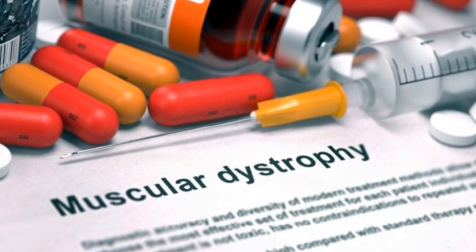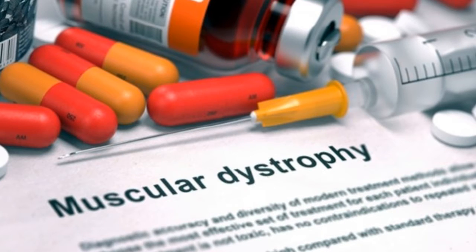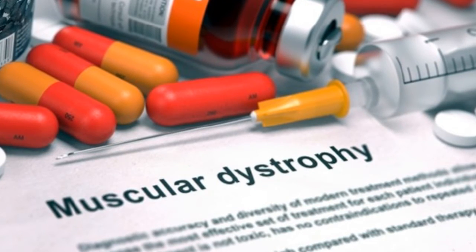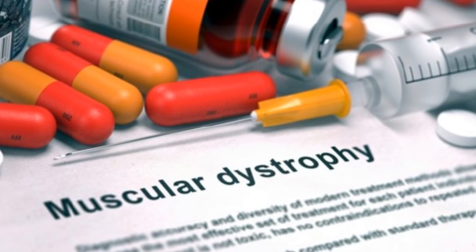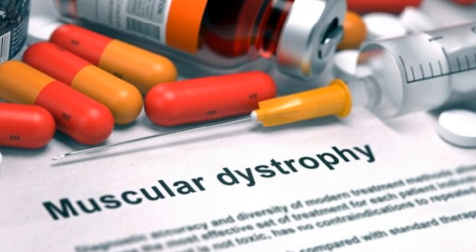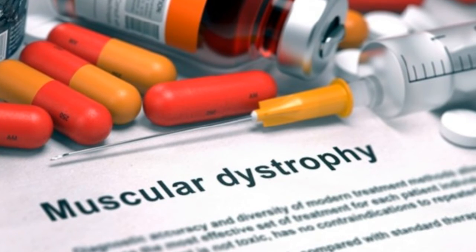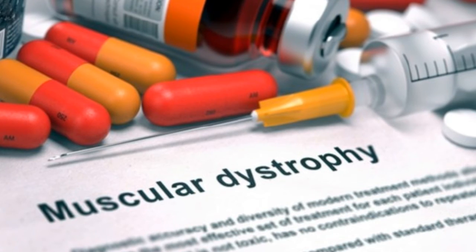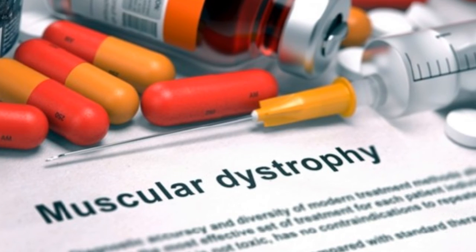So there are only a few medications used to treat and help with the symptoms for muscular dystrophy, and most of them are steroids to slow down the muscles' degeneration, and anticoagulants and immunosuppressants to delay damage to dying muscle cells. But sometimes these cause certain side effects. Some of them cause weight gain,